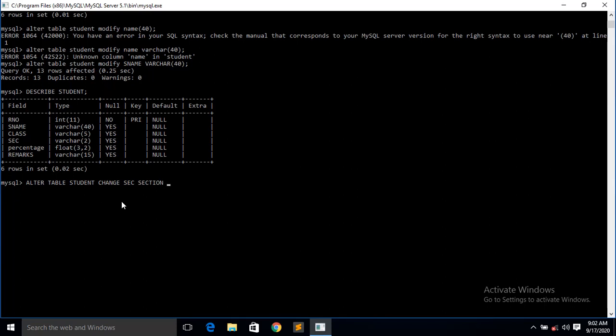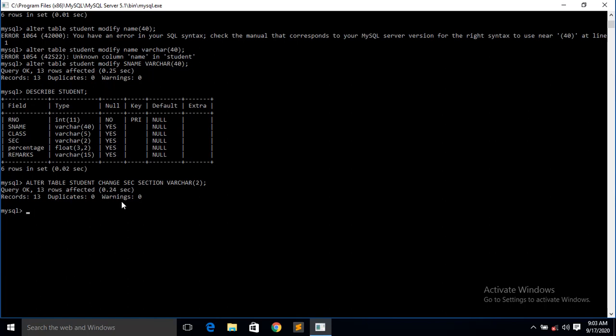So what will be the data type here? Varchar, you have to mention that. Varchar 2. See here, I have already given it, it is being accepted by the compiler.